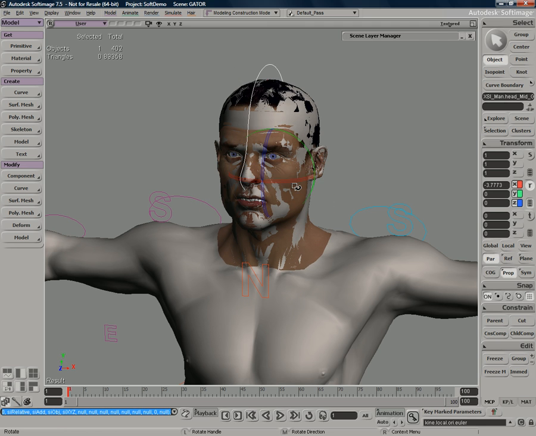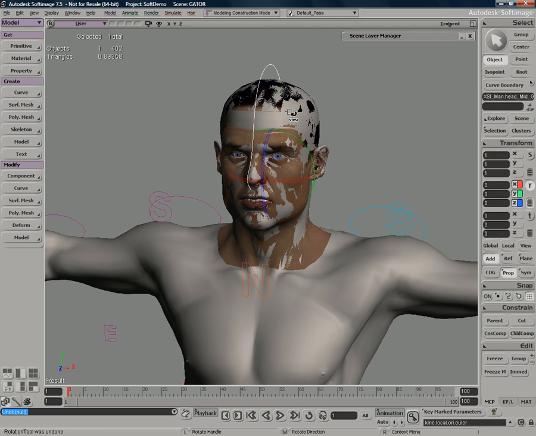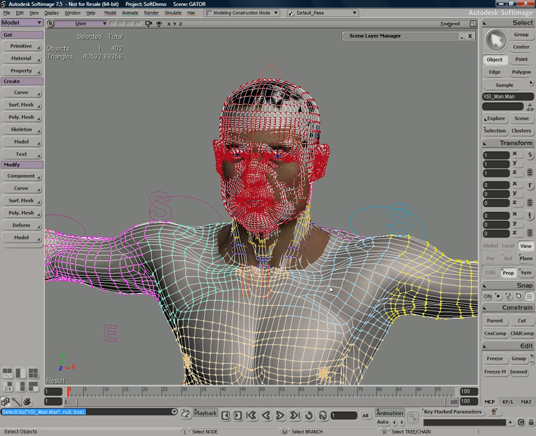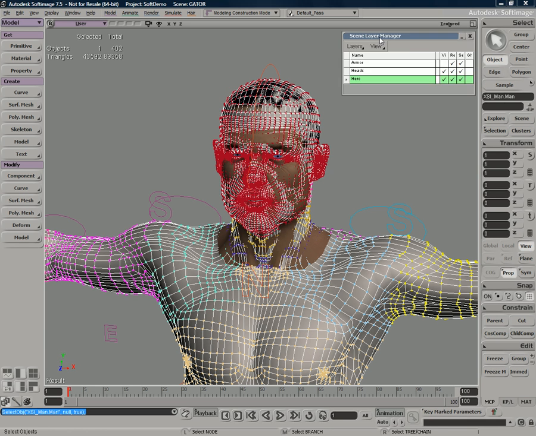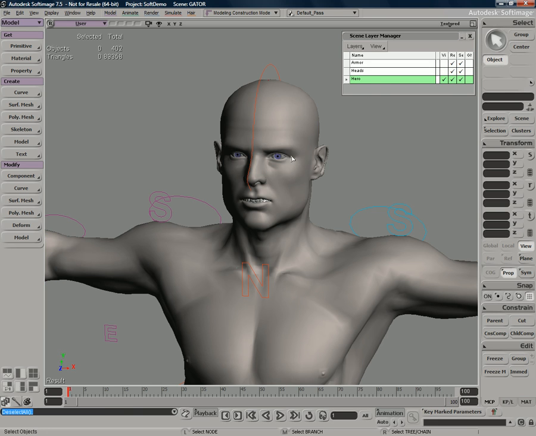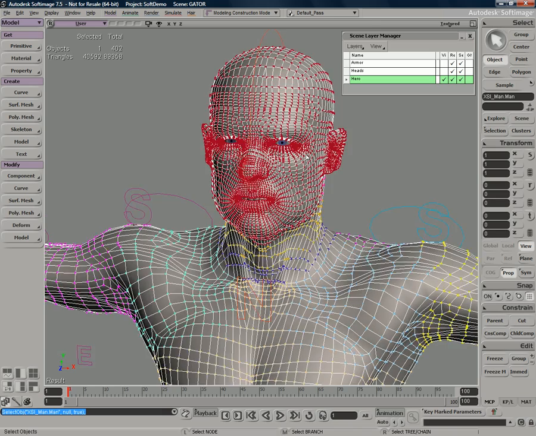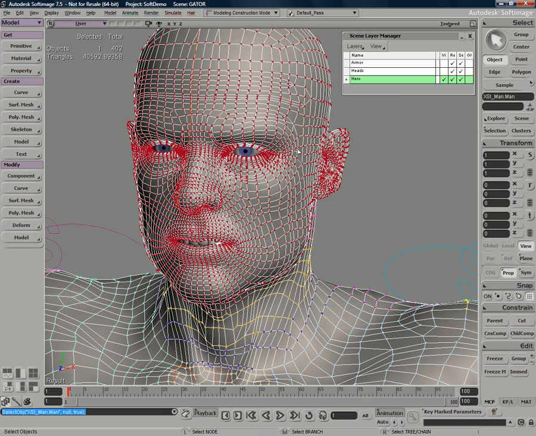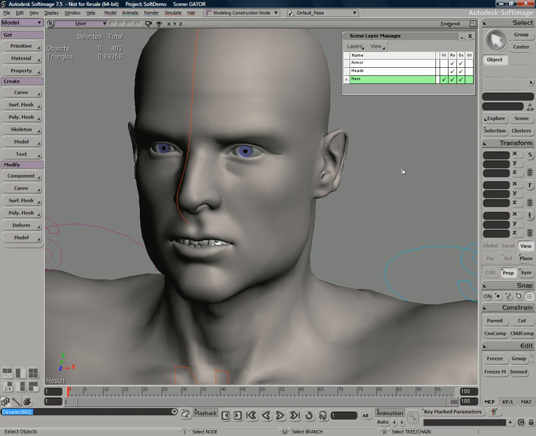Now let's go ahead and take another look at how we're going to actually remove the old head and replace it with the new head. So I'm going to quickly turn off and hide my head right there, and we want to remove this existing head because this head here doesn't have the shapes, it doesn't have the textures, nor does it have those added wrinkles that we wanted our character to have.